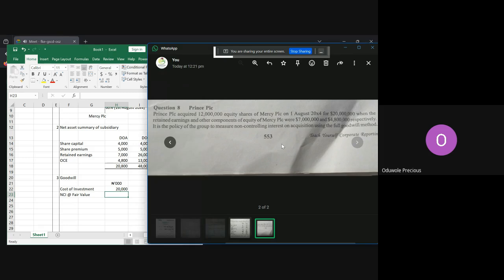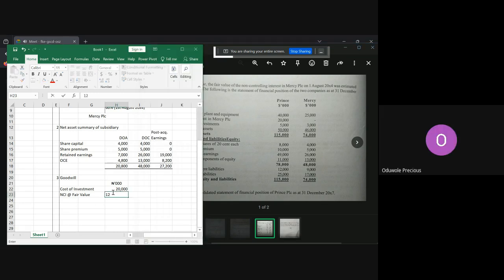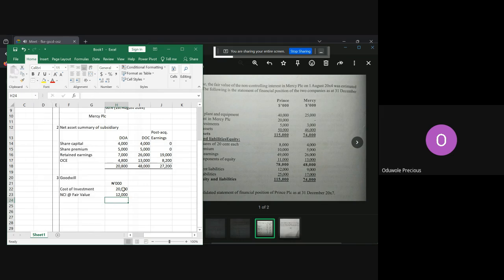So what is the fair value amount of the NCI? They said for this purpose, fair value of NCI in Mercy PLC on 1st August 2024 was estimated at 12 million. So 12 million is the amount. At this point, you are going to add the two together. This will give us 32 million. Then we will now less